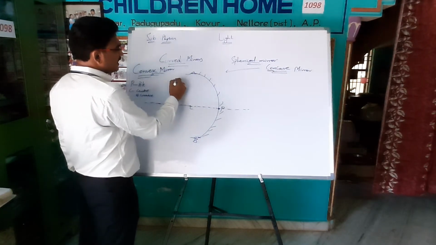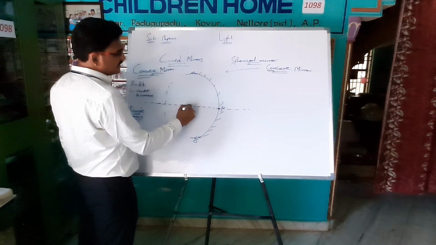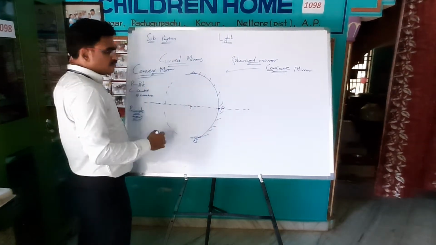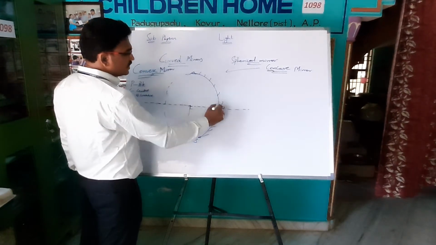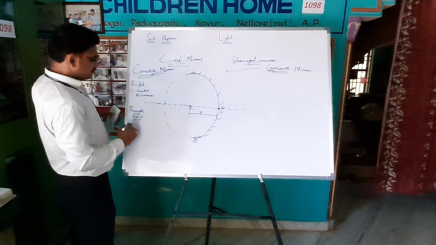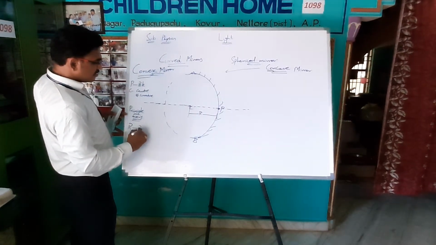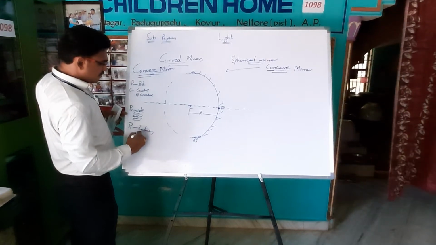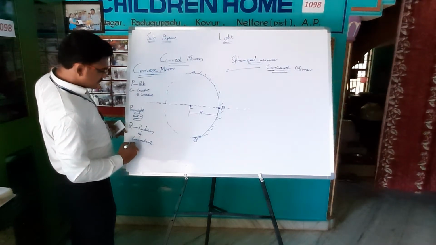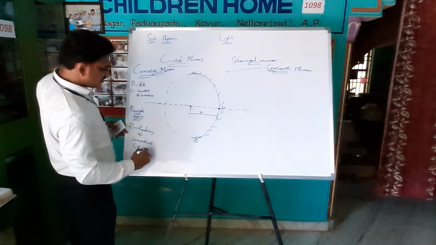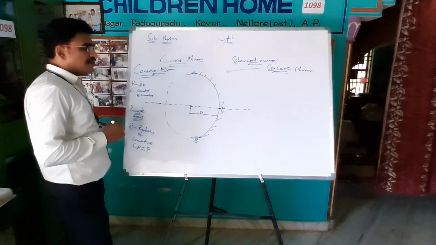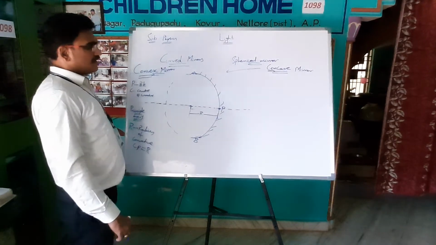And from the geometry you can understand, if this is the center, and this is a point I have taken on the surface of the sphere, then from C to P is nothing but the radius. So CP, R, is nothing but the radius of curvature. CP is equal to R. So the distance from C to P is the radius of curvature R.